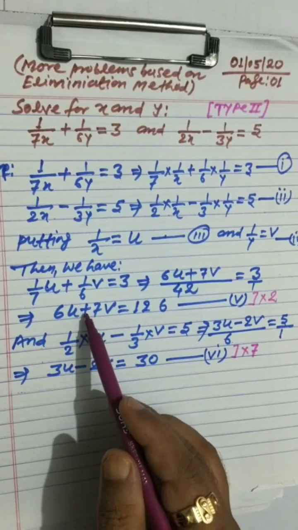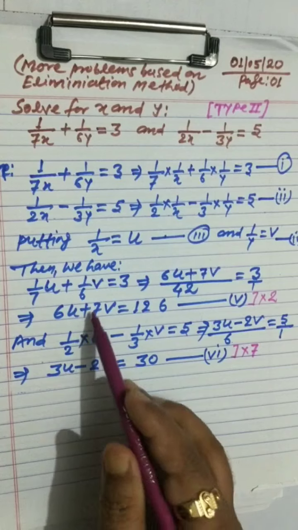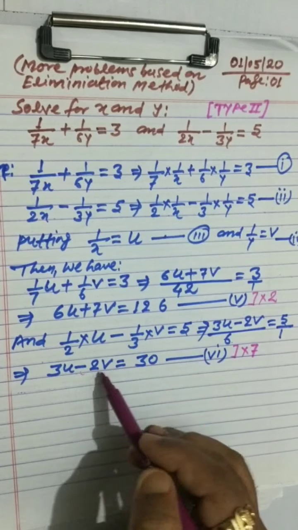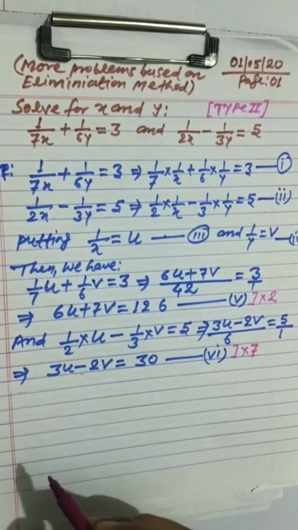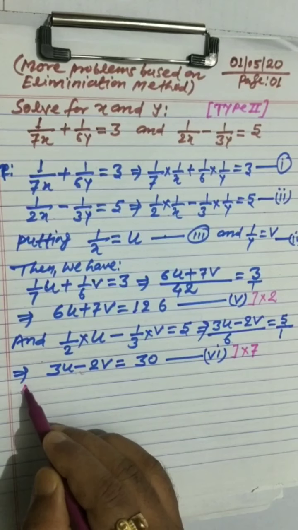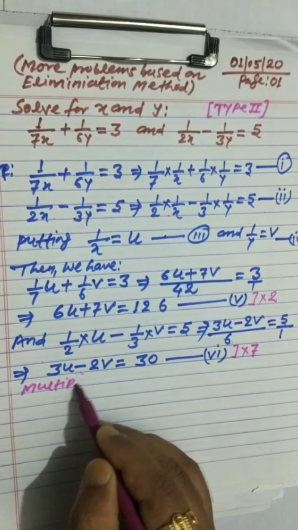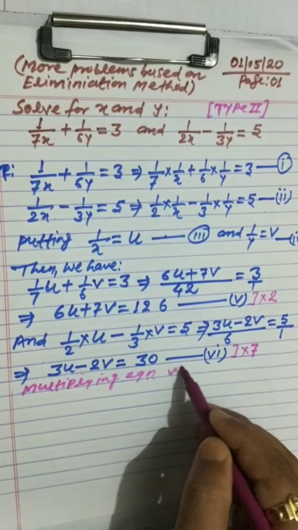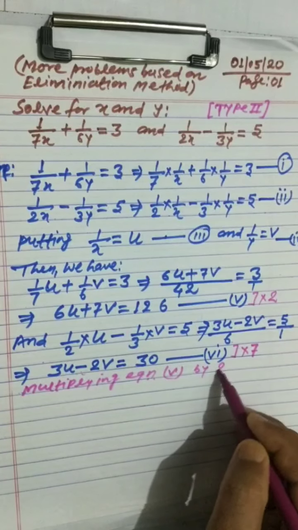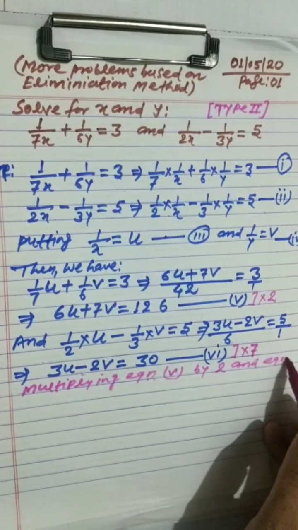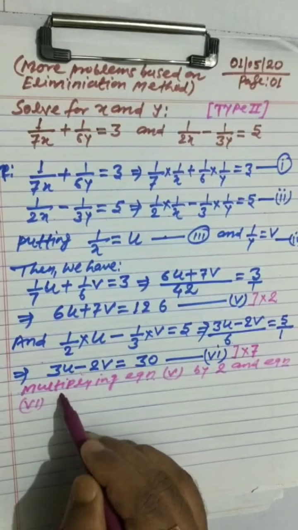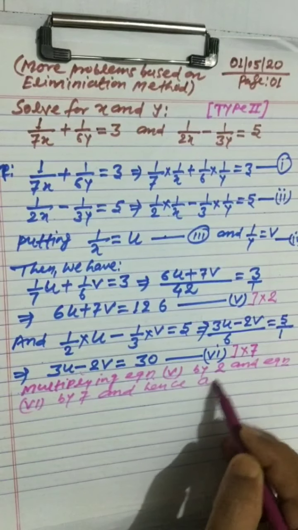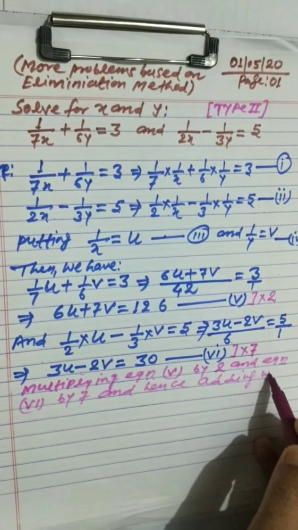And the signs before v in both the equations are opposite. Plus sign is here and minus sign is in equation 6. So you have to add them. So let us write here, multiplying equation 5th by 2 and equation 6 by 7, and hence adding, we get